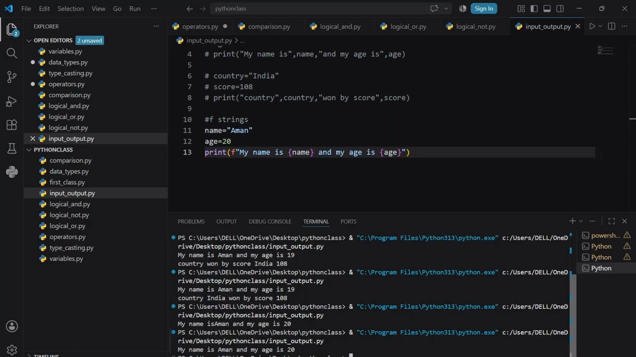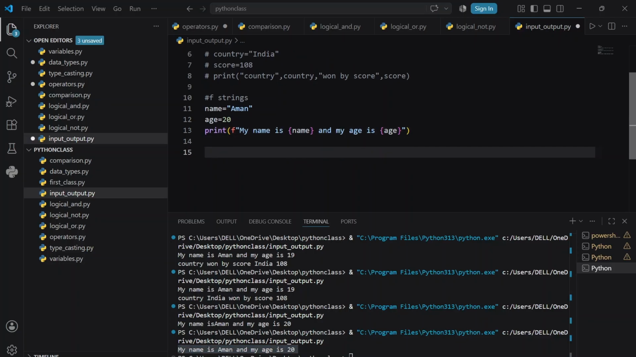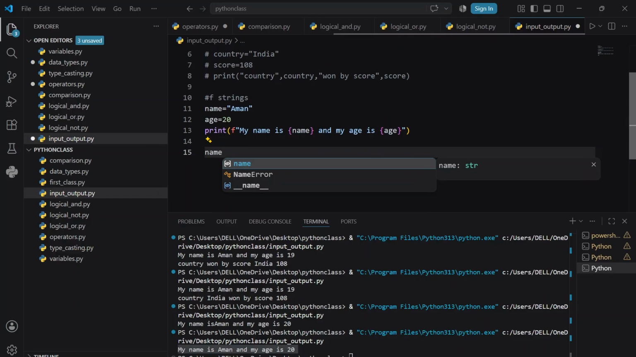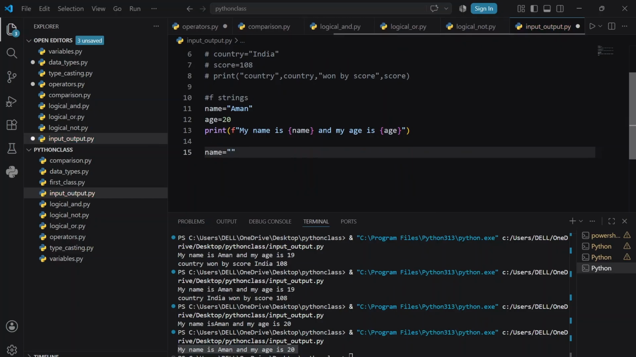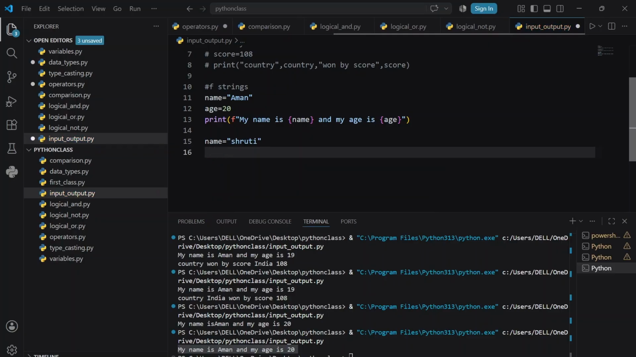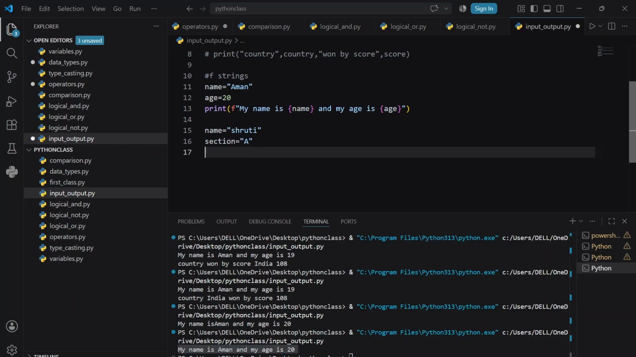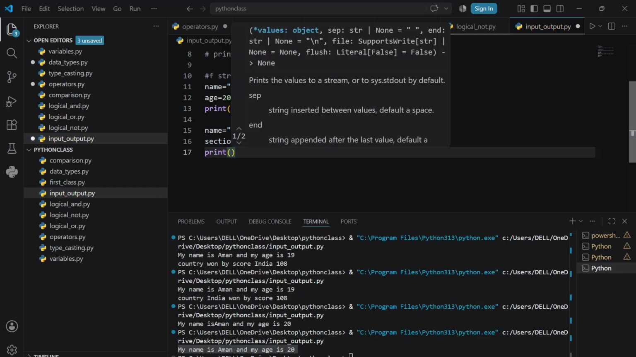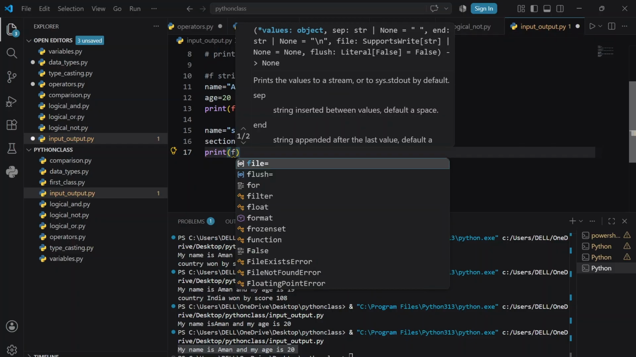So as you can see, what we are getting here is: my name is Aman and my age is 20. One more example I want to discuss here. Again the name, Shruti, and the section, capital A. Print, again the print function we are using with the f-strings we are talking about,